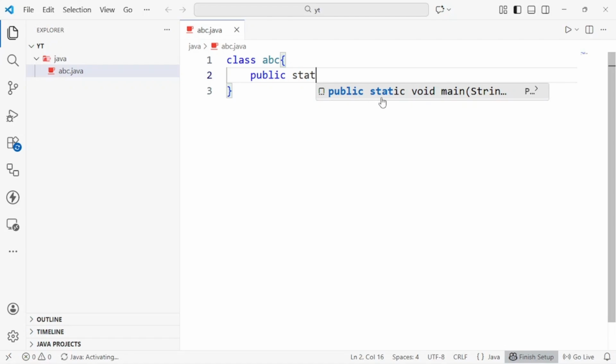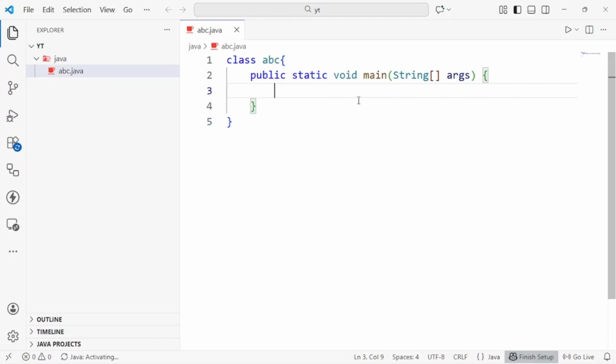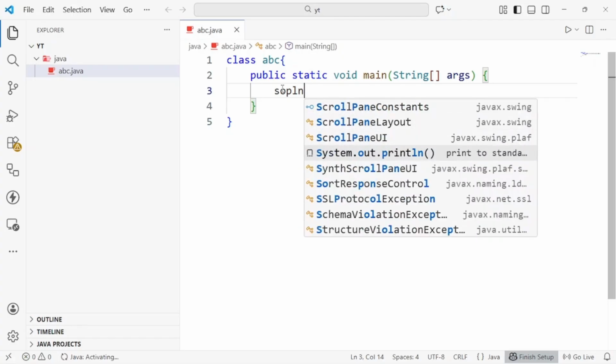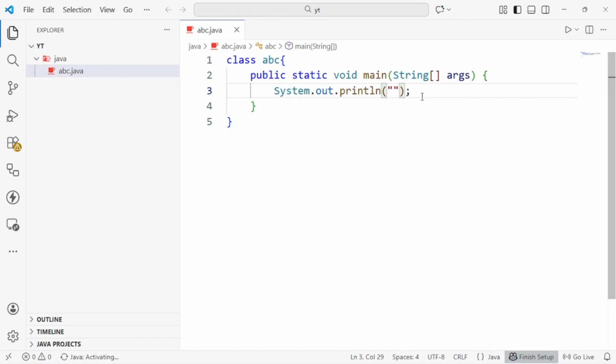If I press tab or press enter, everything will be automatically written here. This is a feature of VS Code. If you write your Java code in Notepad or some other code editor, then you may not get these features. That's why I prefer VS Code. The next thing I will write is system, or I can do SOPLN, press enter. These are shortcuts. And write hello world. Okay, so public static void main, string arguments,